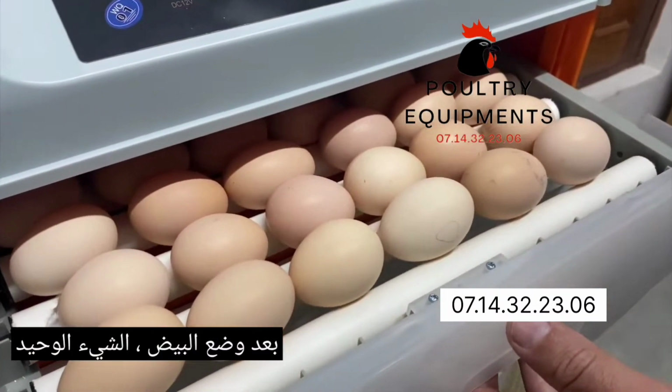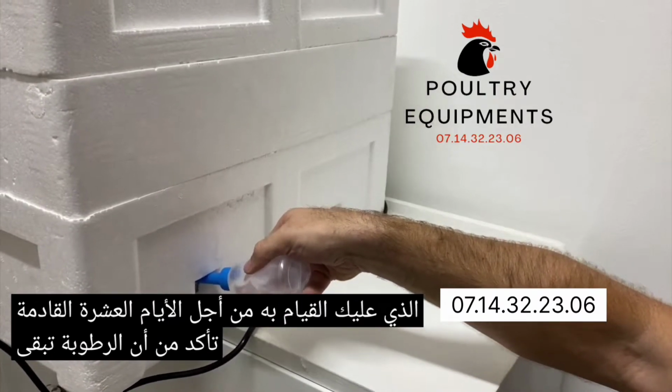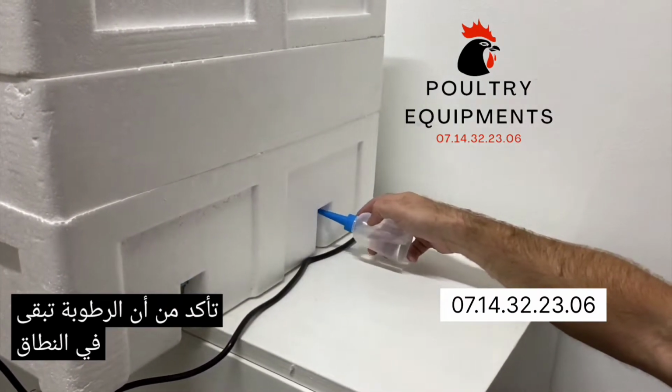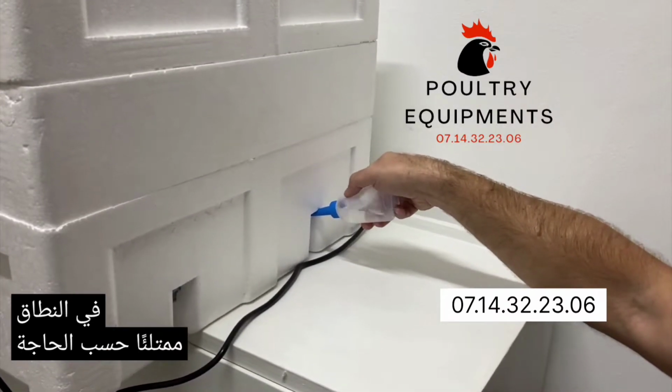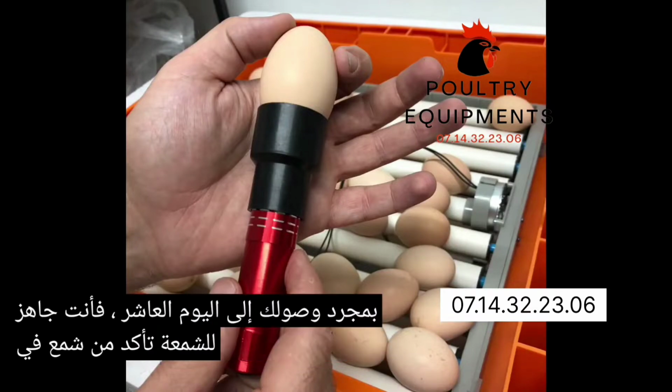After setting the eggs, the only thing you have to do for the next 10 days is make sure that your humidity stays in the range. Fill up as needed. Once you reach day 10, you are ready to candle. Make sure you candle in a dark room,